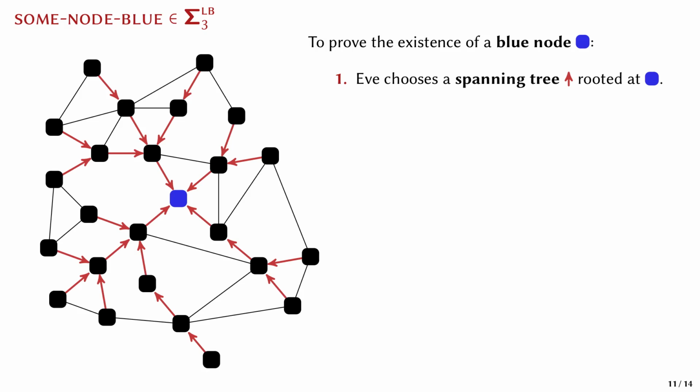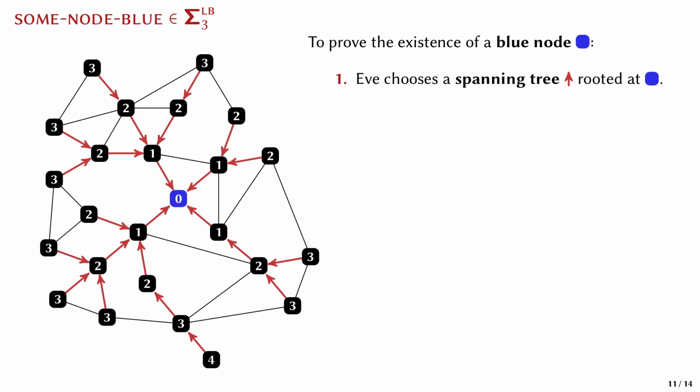For all they know, the parent pointers could form a directed cycle. So the nodes need some proof that there is no cycle in the tree. One simple solution would be to let Eve add a distance counter to the nodes to tell them how far away they are from the root. And that's indeed an information they can verify locally. The root is at distance 0, and every other node is one step further away than its parent.